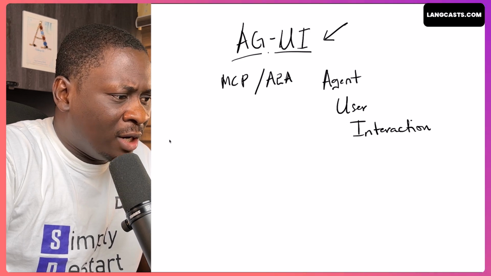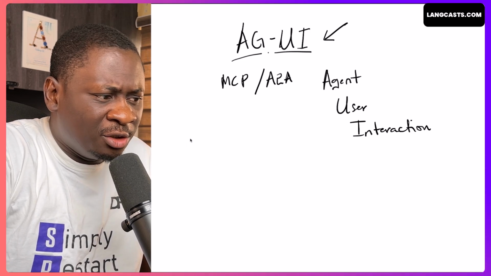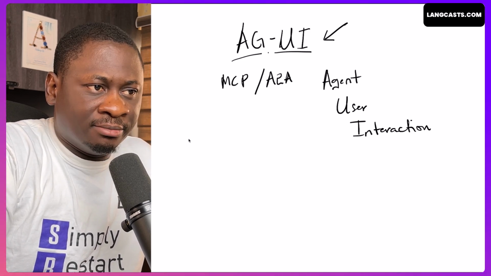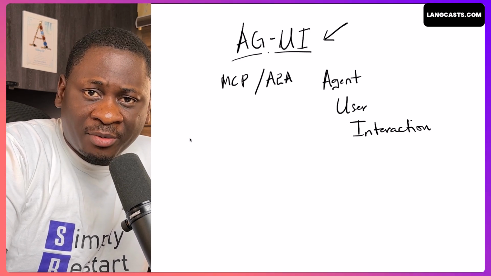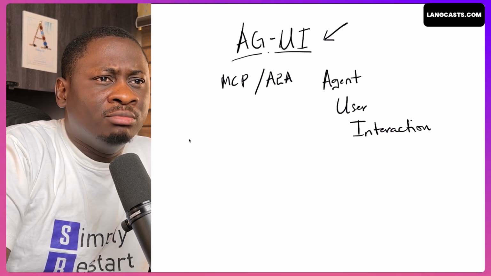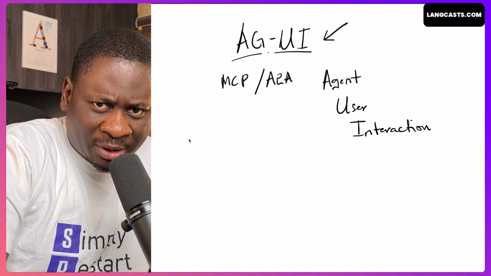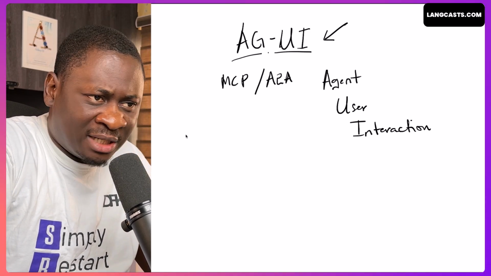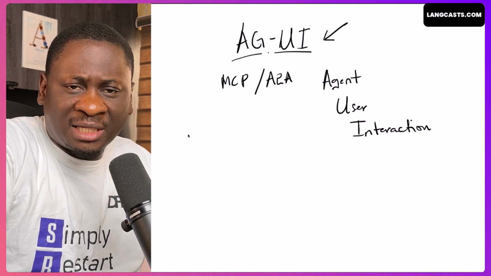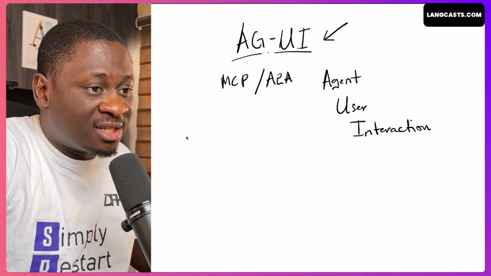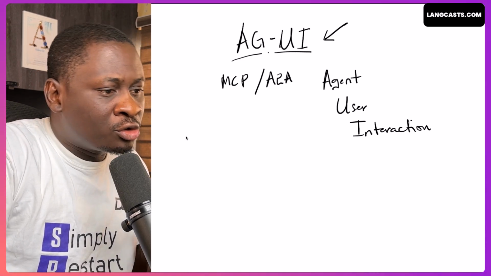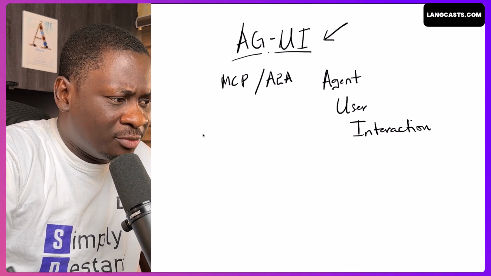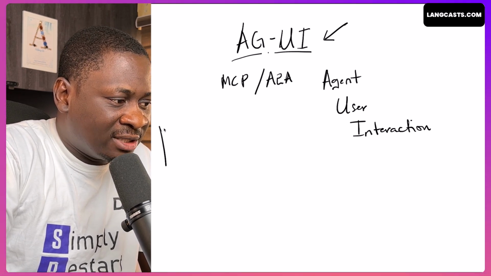What does AGUI do? Even though we are now in a world where a lot of apps are being powered by LLMs, we're still going to get the value from a software, a SaaS application, the desktop application that we have to interact with through some sort of front end. As users, what we understand is the front end. So, what AGUI aims to do is to connect front ends